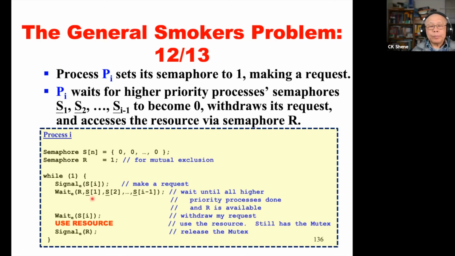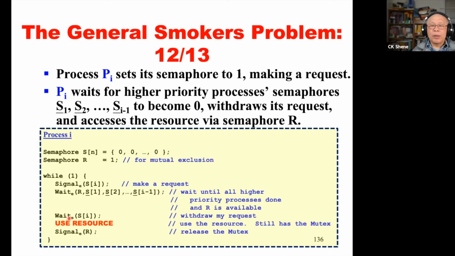So now semaphores S1 to Si minus 1 are used as the test-for-0 set, testing for 0. Now, if none of these semaphore counters is 1, then that means all higher priority processes are not requesting to use the semaphore. Therefore,